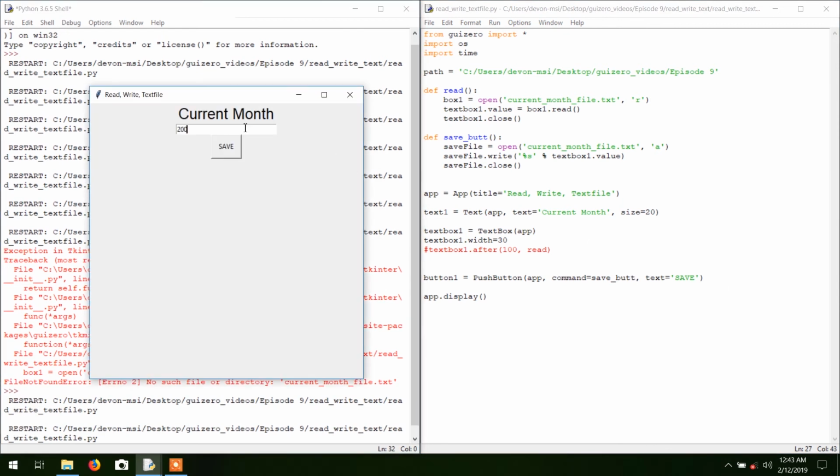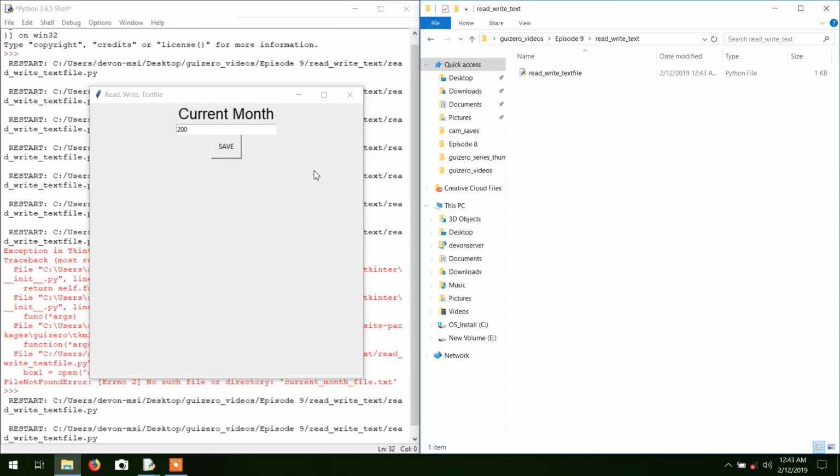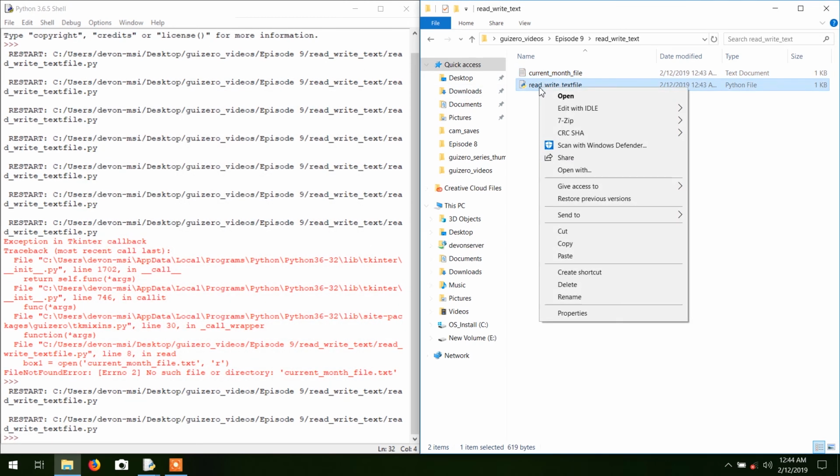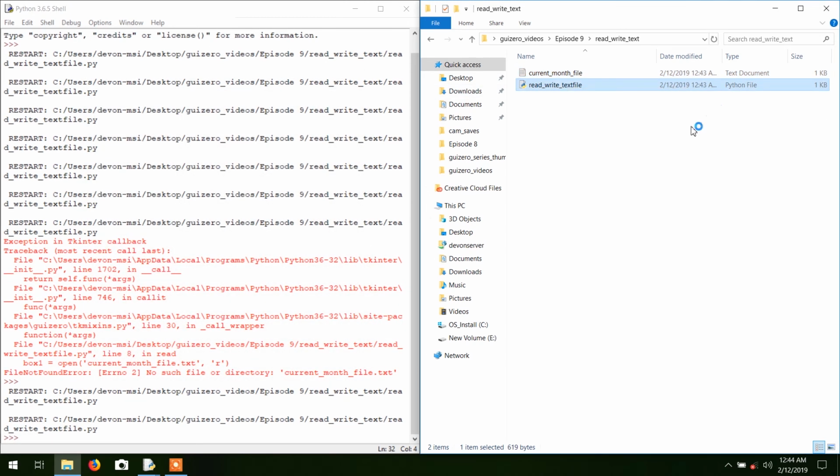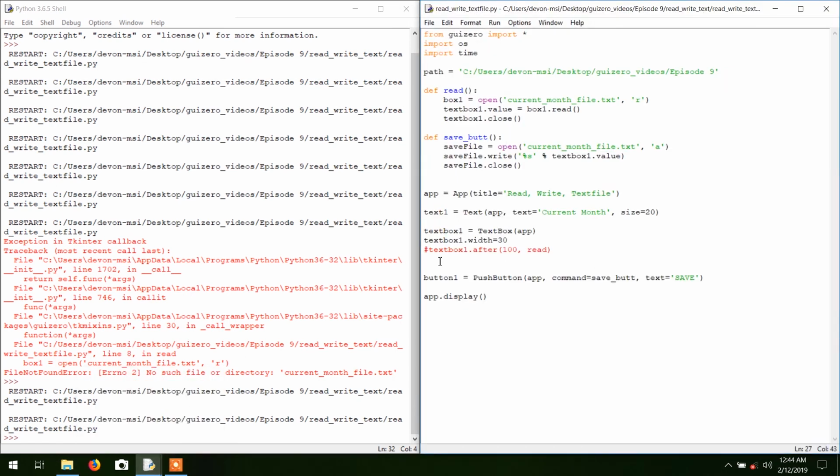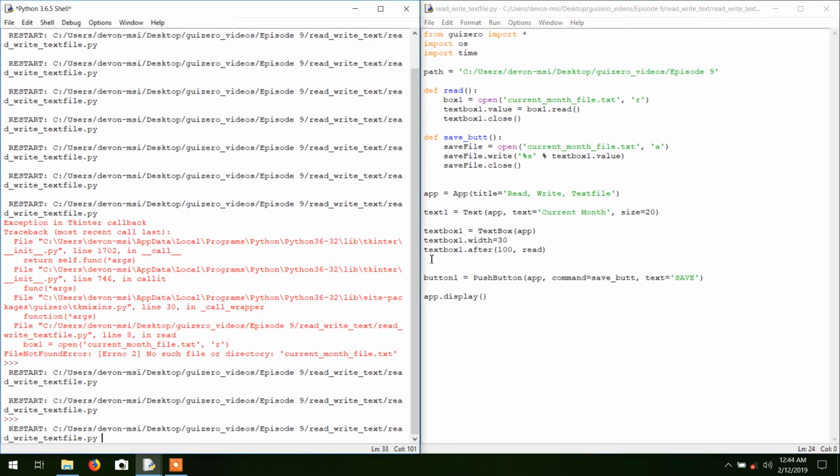So 200, and we're going to hit the save. Let's open this so you can see it. So save. So now we have a text file that is what we called it in the program. Current month file, that's what we named it. So now let's just close this, and if we do this and uncomment that line, Control S, F5,